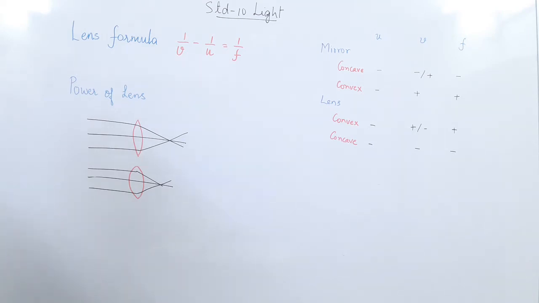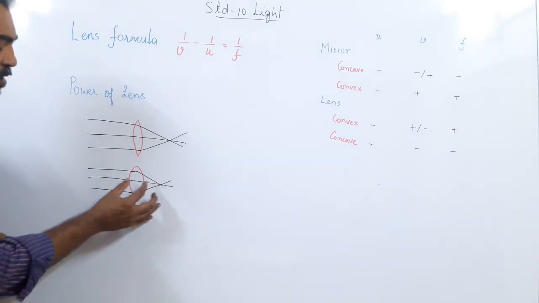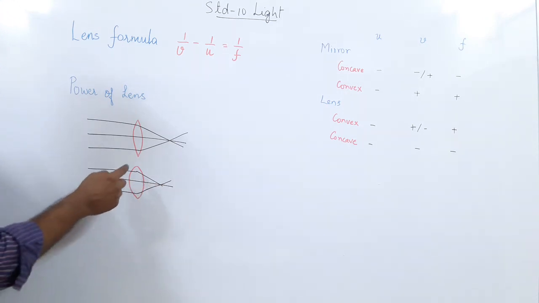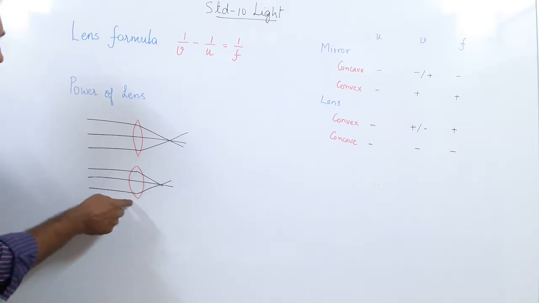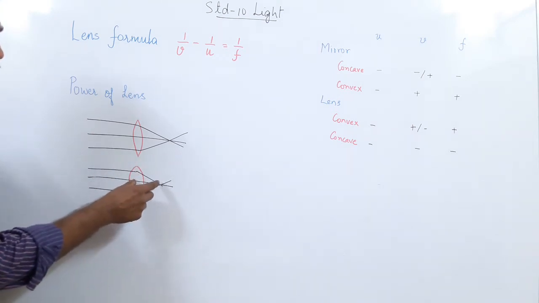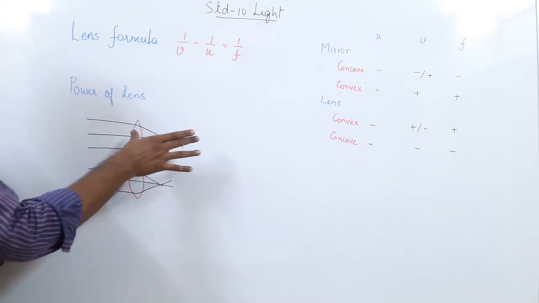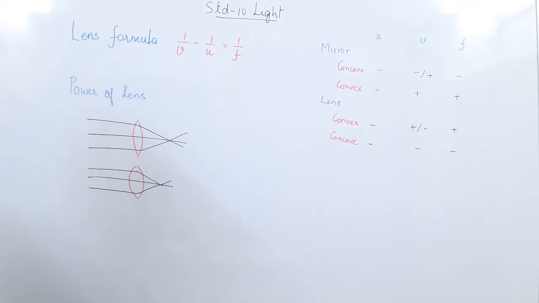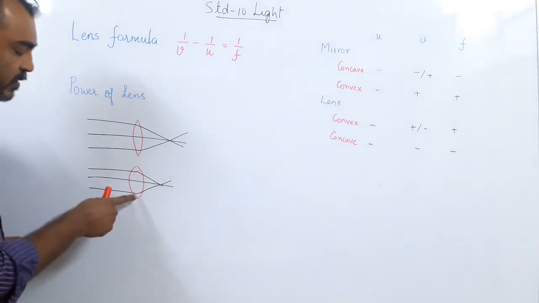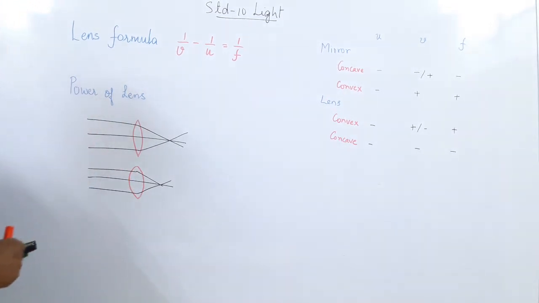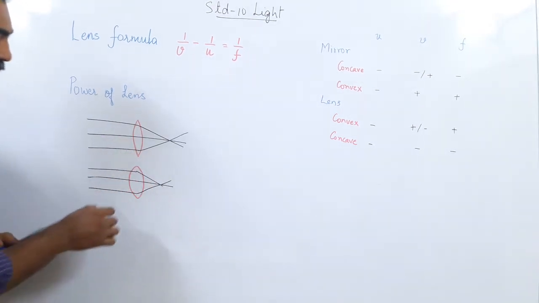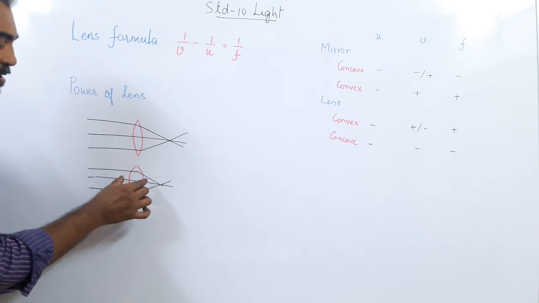But you can see one other thing also. What you can notice here is, if the thickness is more, the focal length is smaller. How do you know? If the thickness is more, the circle is smaller. If the circle is smaller, the radius is smaller, the focal length is smaller. Here it is thin, so the circle is bigger. Circle is bigger means the radius is bigger, the focal length is bigger. Sorry, it is the inverse. Focal length is less means thickness is more.